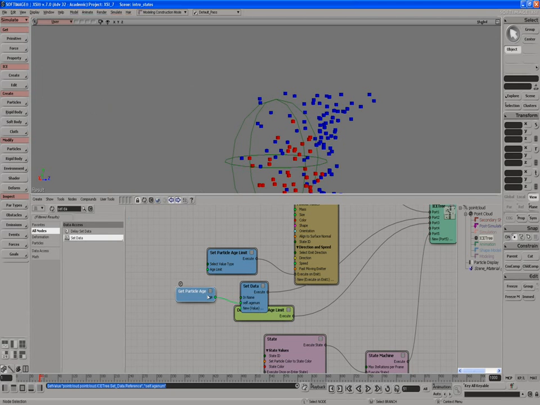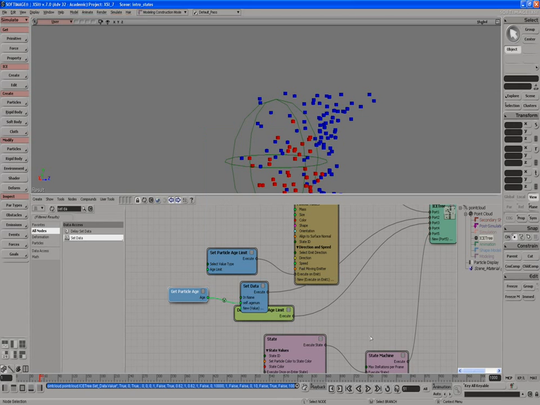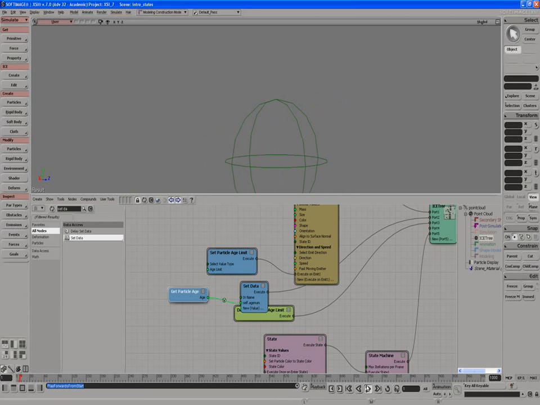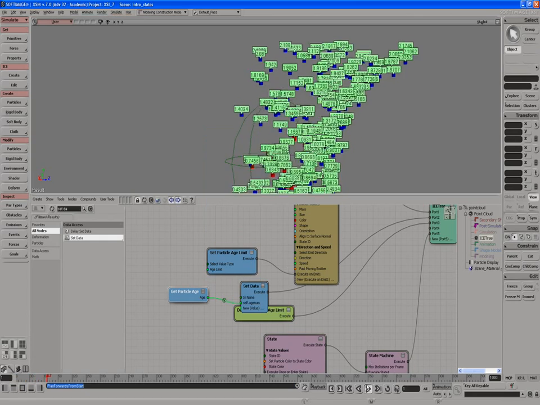Now I can preview this here, just right mouse button, show values. I've got different options here, numeric. It's a scalar value type. Again, we can give it a different color if we want. The color is fine. Hit play, and we actually see now the age increasing over time until it gets to